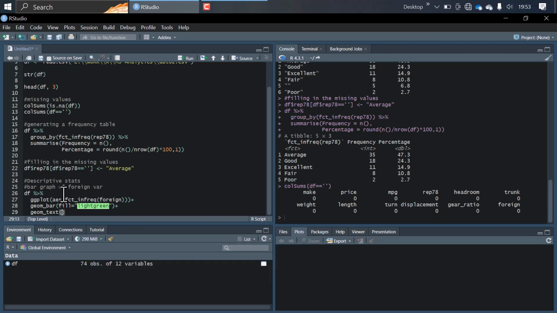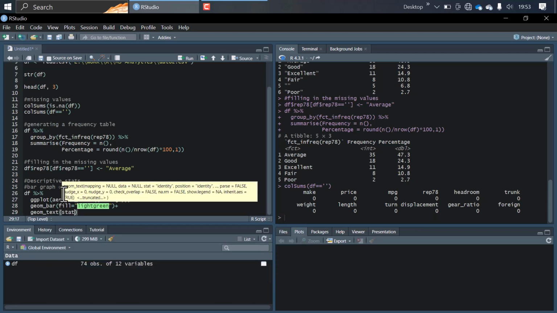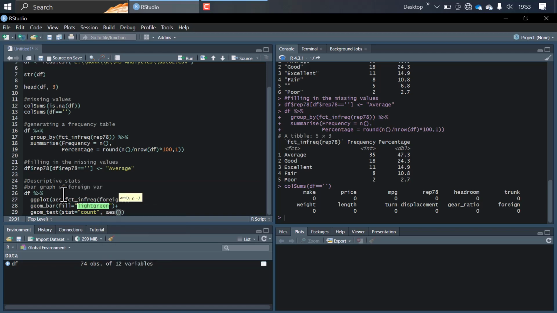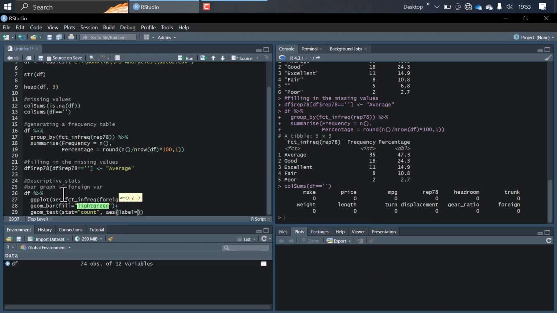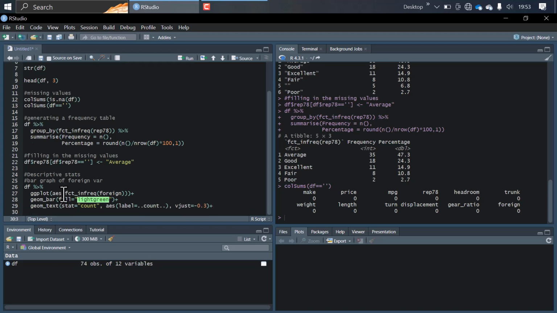We shall use geom_text, and that shall be the count in each category, and the aesthetics label shall be the label of count, which is a calculation in that regard, and we shall vertically adjust the labels upwards by negative 0.3. We shall also add on the